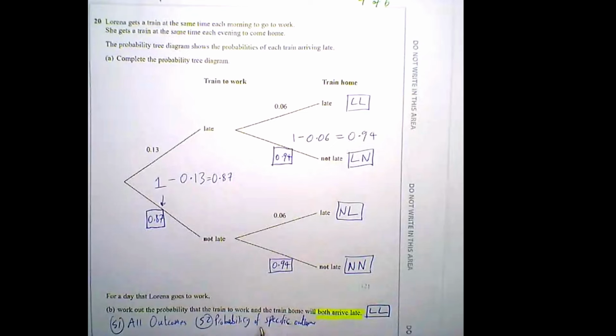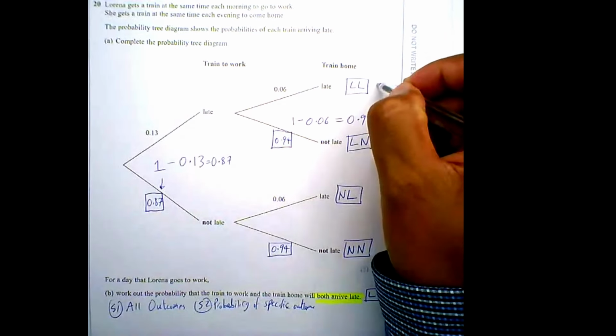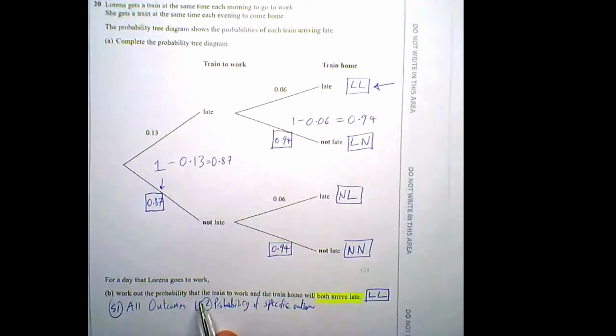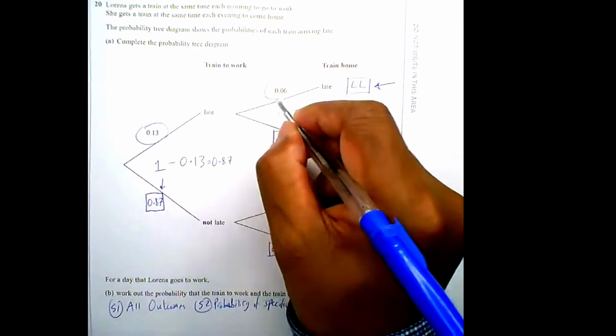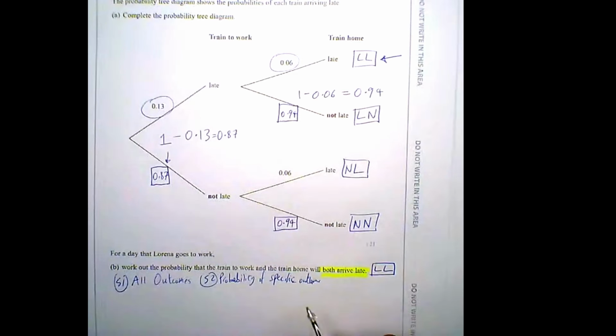Step 2 is probability of my specific outcome. And my specific outcome is late and late, which is the first one. Work out the probability that the train to work and the train home will both arrive late. So late and late. So I'm looking at this. For these probabilities, I'm going to multiply them. So my working out becomes